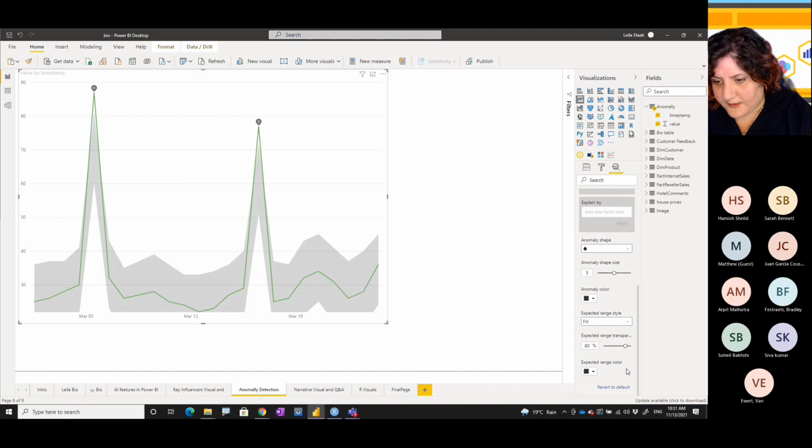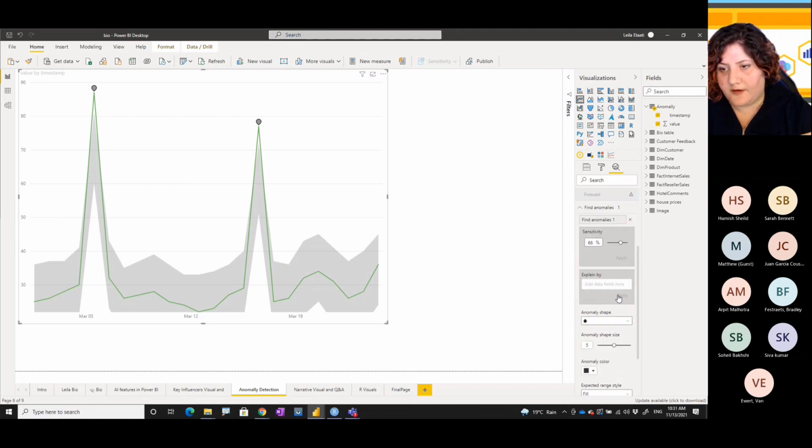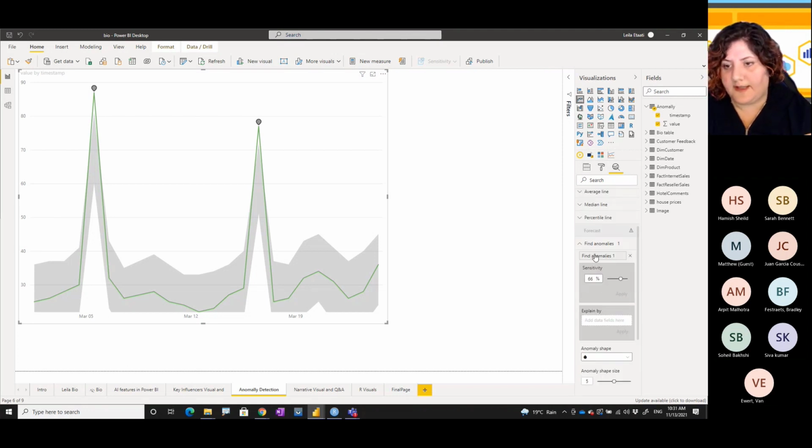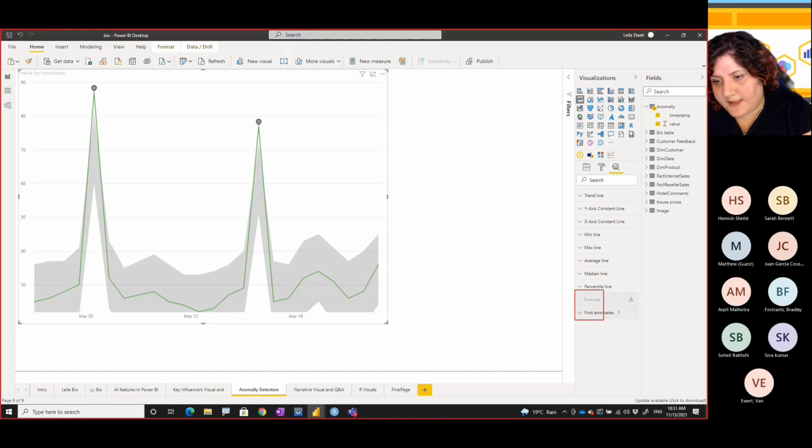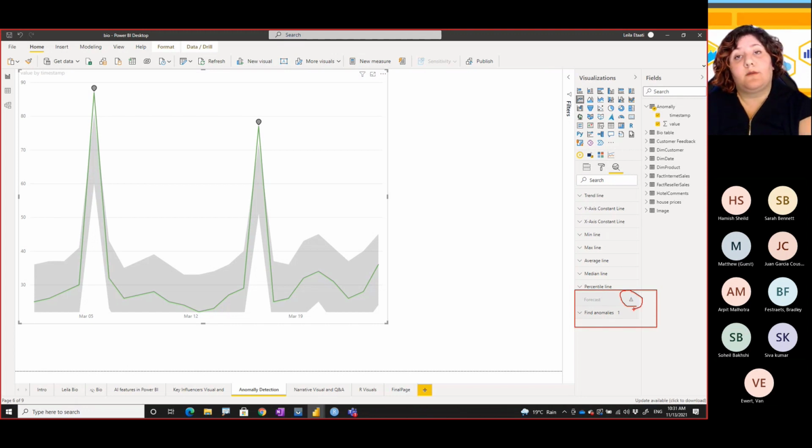So you can actually put some information over here. This is a very simple one. Some people say the real one may become more complex, but this just gives a very simple insight into what is happening. And look here, when I run the anomaly detection, I couldn't run forecasting at the same time. That is, I'm going to say, okay, I have this trend of the data. What is happening in the next 10 months, 10 years, or 10 days? So I couldn't do the analysis when I have anomaly